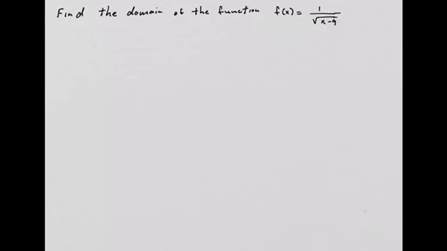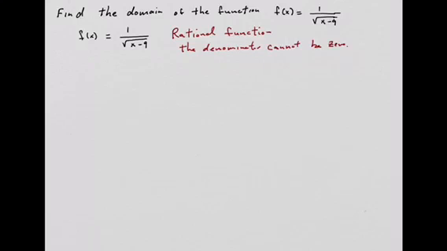We'll now look at finding the domain of the function f of x equals 1 over the square root of x minus 9. So notice that this is a rational function, and for any rational function there is a restriction where the denominator cannot be 0. In addition, since we have a square root,